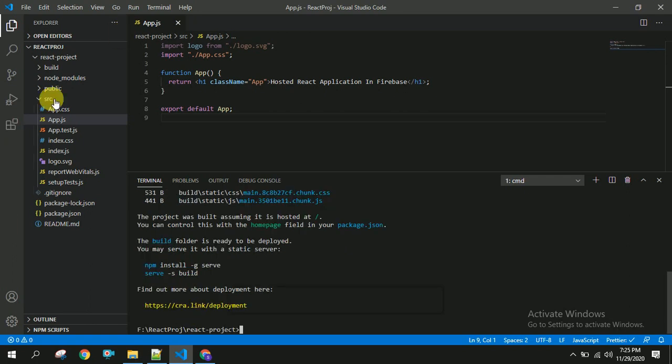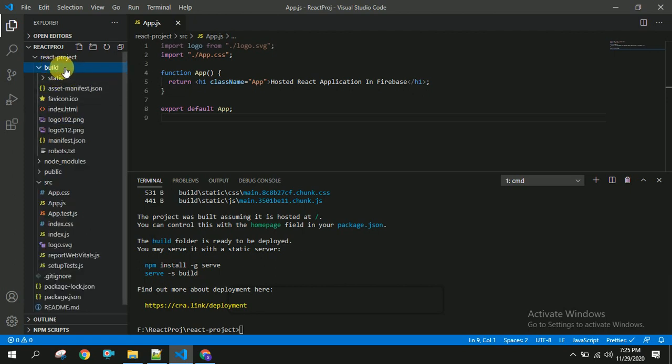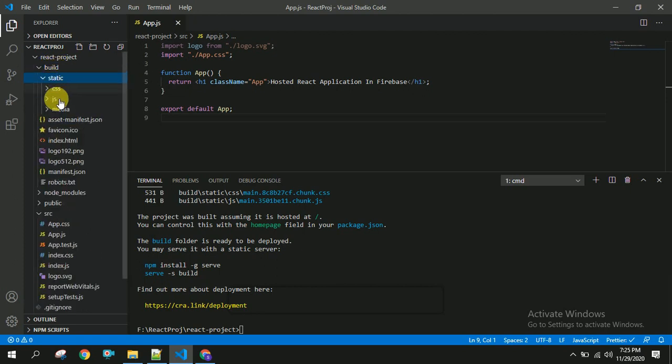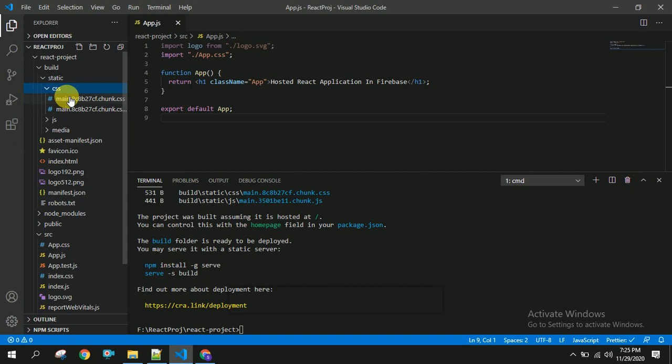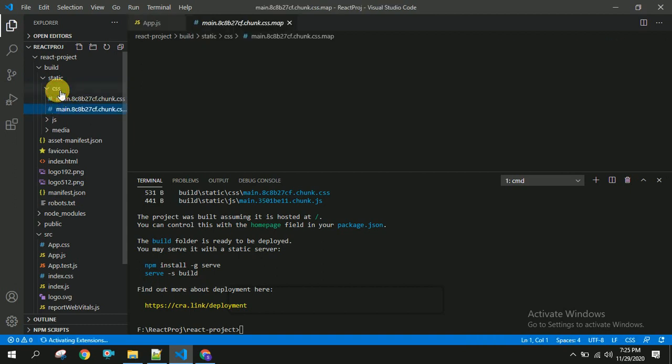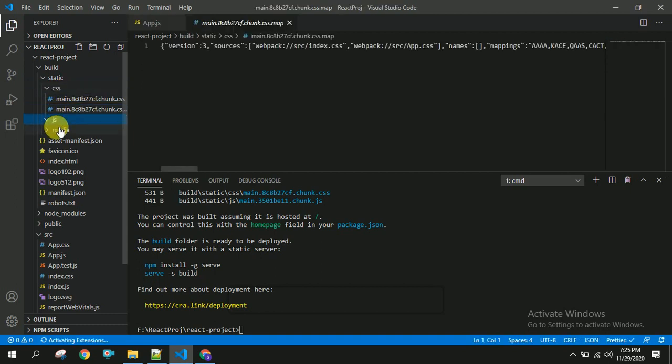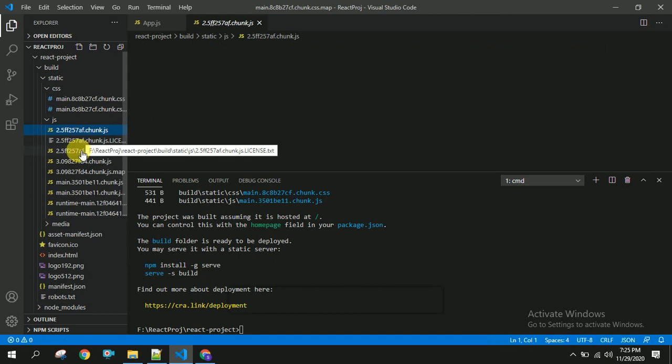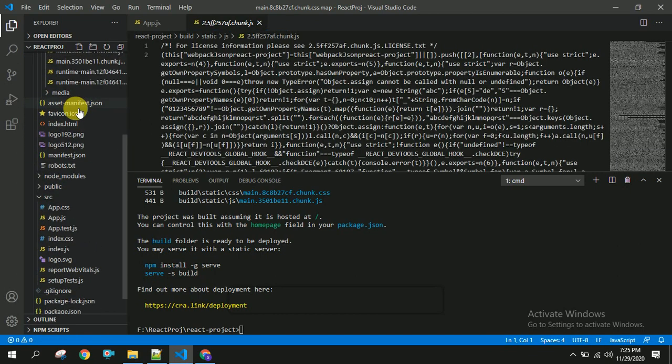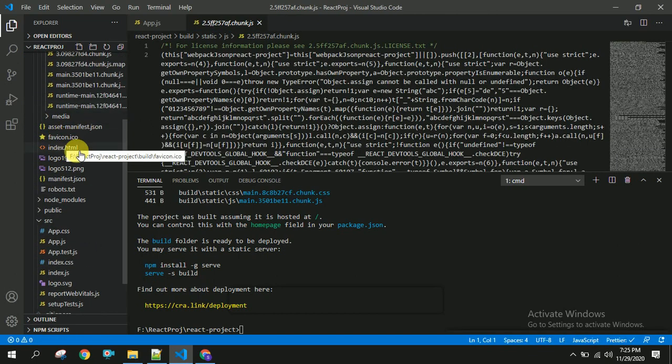If you see here, the build got created successfully, and once you open the build, you can see the static folder, which will consist of CSS, JS, and media files. And you can have favicon and index.html.